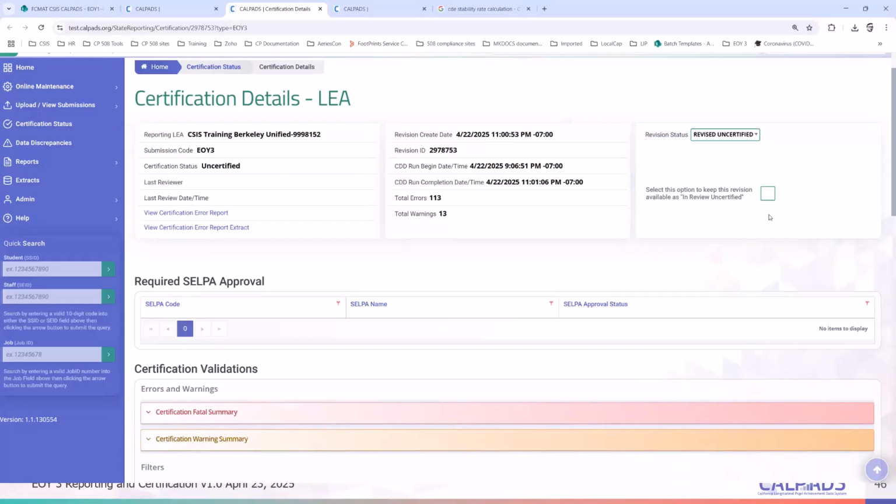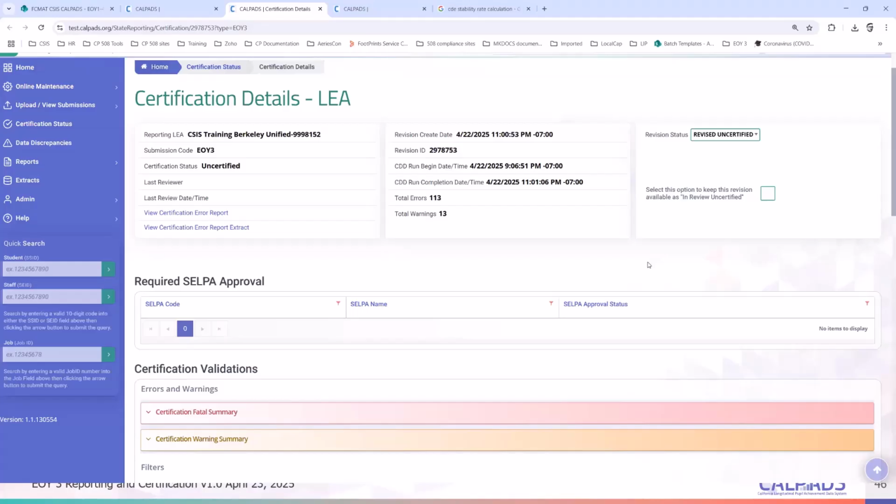Okay. And then you also have this box here, in review. This would allow you to freeze this version of the snapshot if you want this to be frozen. So when is this useful? Let's say you did your best to bring down the errors to zero, right? But then you're not ready to certify yet. So you can freeze the data, freeze this version.